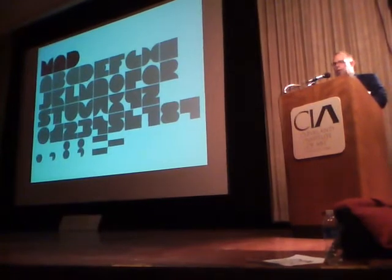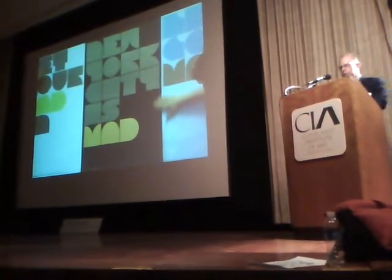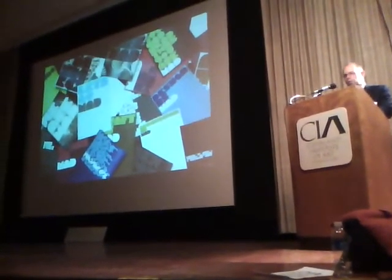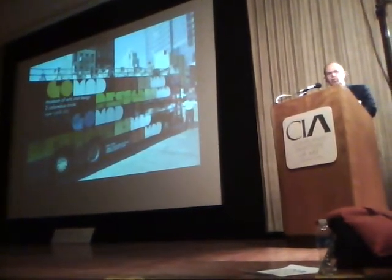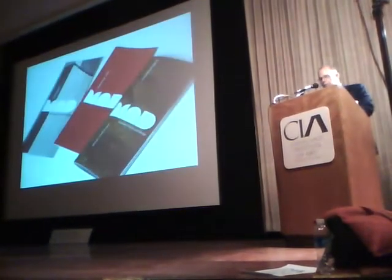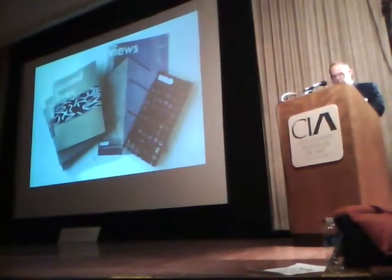It's hard to read this if you look at any letters alone, but in context you can sort of tell what they say, right? New York City is mad. Let's go mad, different things. Then once we had it as a typeface, we just typed long paragraphs in it that you can still read, actually. So we decorated buses with this when they opened in September 2008, banners, and then all the stuff you get in a museum, like brochures and invitations,